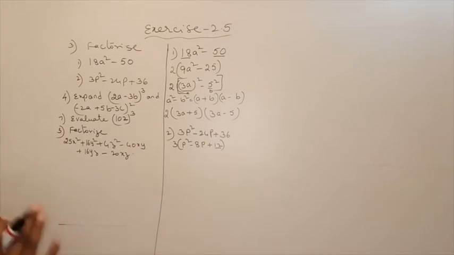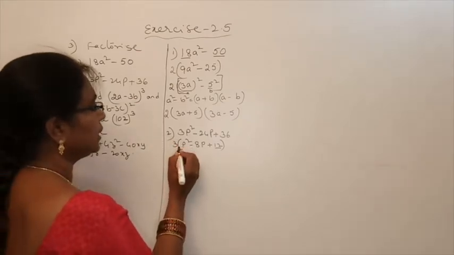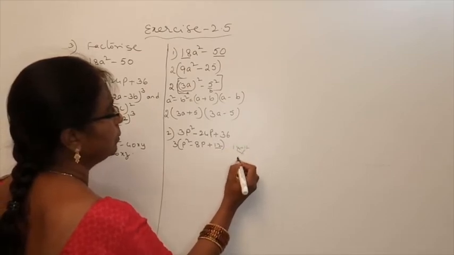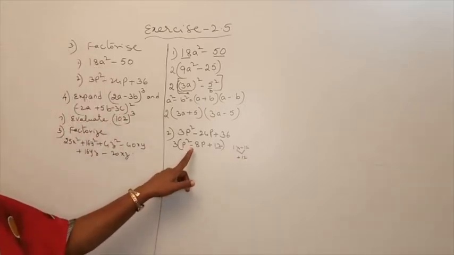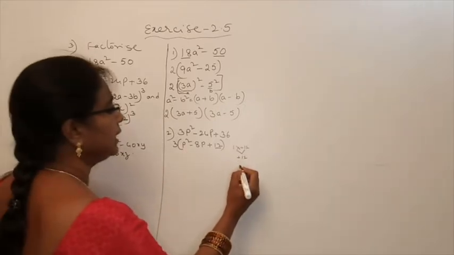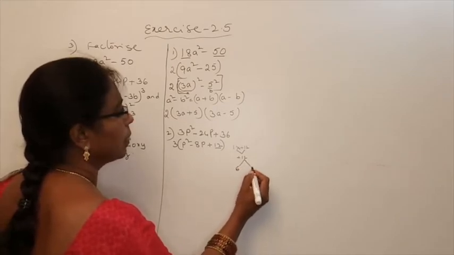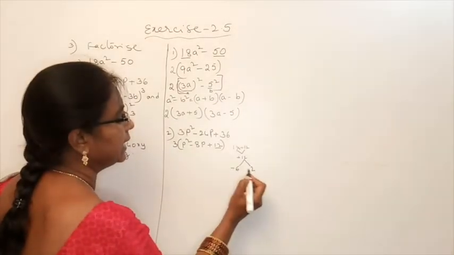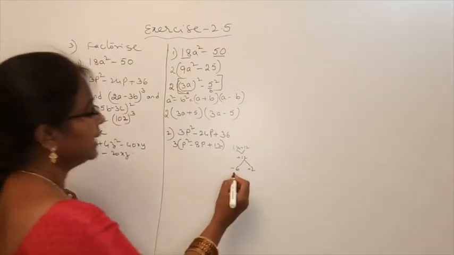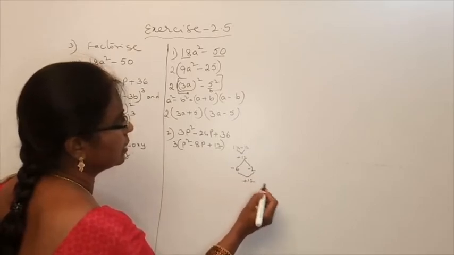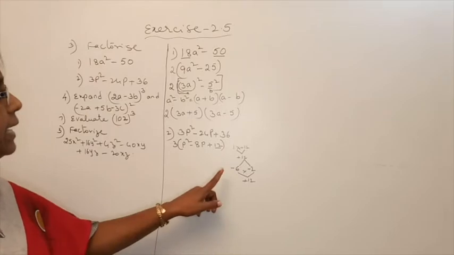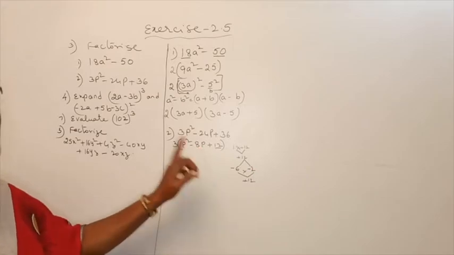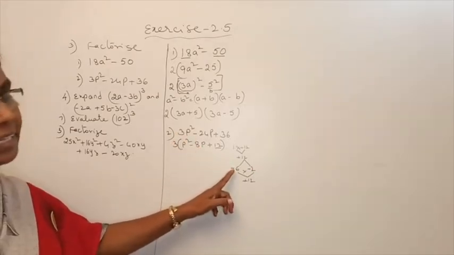Then we have to write the factors. Now, what is the coefficient of p square? 1. 1 into plus 12. Now, what are the factors of 12? We need to get minus 8. Means, what are the factors of 12? 6 twos are 12, but we want minus 8. Then we have to write minus 6 and minus 2. Minus 6 into minus 2 is plus 12, and when you add minus 6 plus minus 2, you will get minus 8. Then we write minus 8 as minus 6 minus 2.